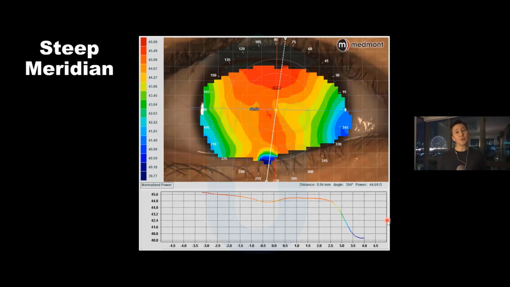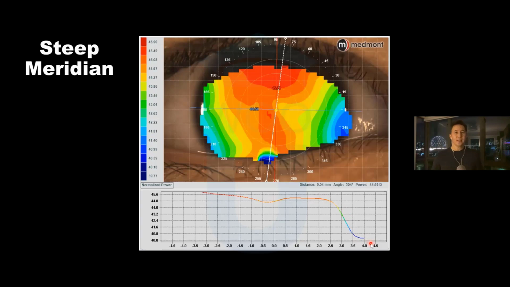So let's go to the steep axis. Let's take our white line to the vertical. And I want you to follow how the cornea goes from steepest here, then a little bit flatter, then steeper, and then suddenly you hit this cliff. And you see that much better on the graph. Notice how the cornea has this rate of flattening, and then all of a sudden, wham, we just hit the